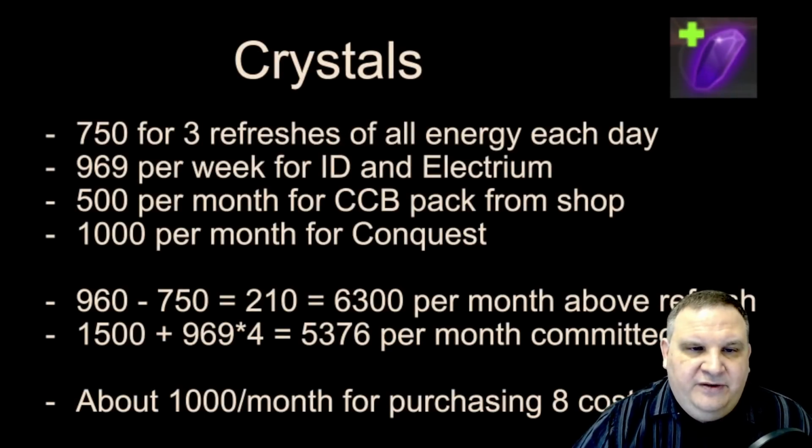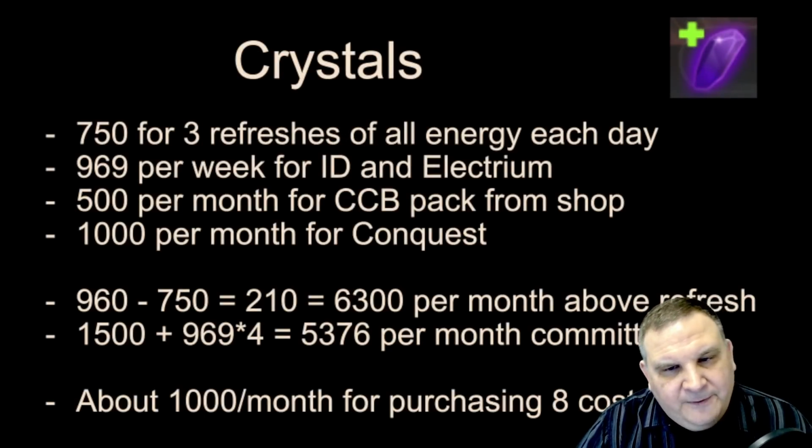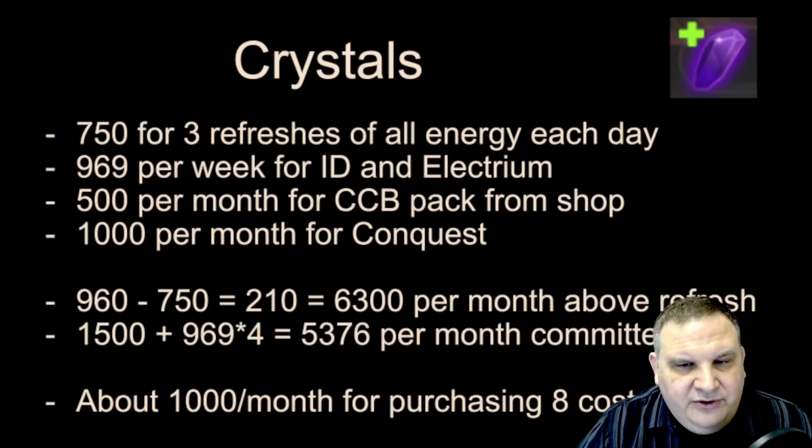Crystals. So we have 750 for 3 refreshes of each energy type. So 450 for all the energy types, and then 300 for Cantina. Our income off of this strategy was 960 per day. So if we add up all of the crystals that we're going to spend, 750 on energy